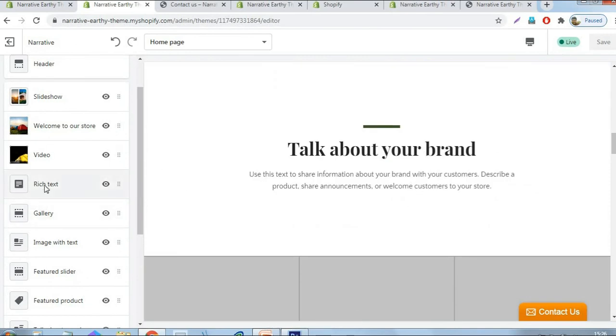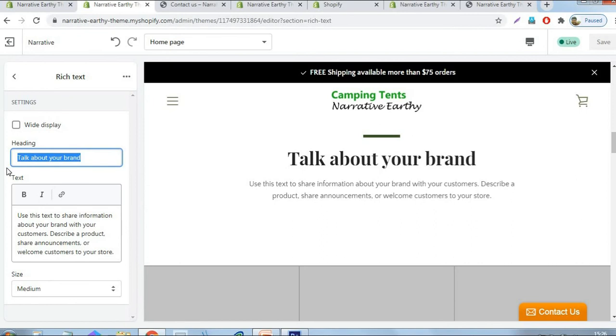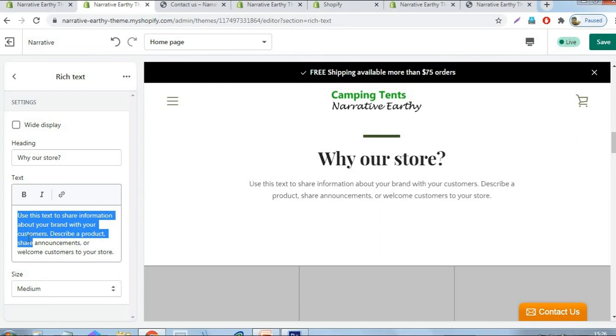This next section is this one. Why our store? Just describe your advantages and ability to handle the large quantity of orders, and your suppliers, like that image, and your warehouses, like that. You will give a small introduction here. This is the optional section. We can use any type of content in this area. Just click save button.